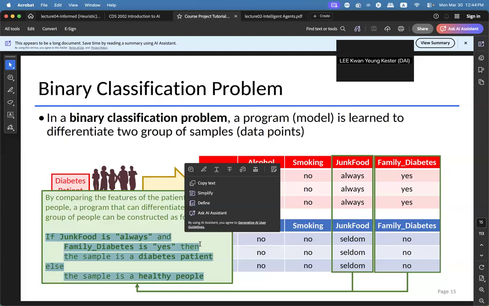But all this will be discussed in the machine learning course. In this course, what you need to do is to at least have a conceptual understanding of this process, and that will be good enough. Any questions?